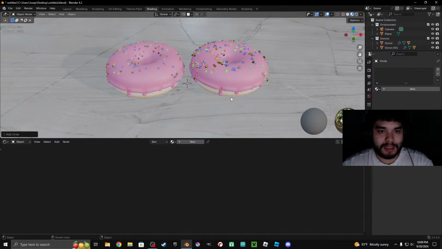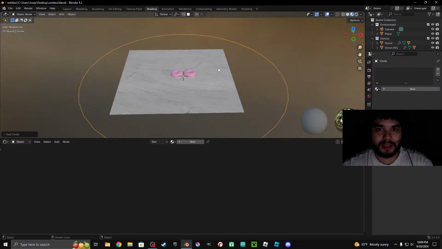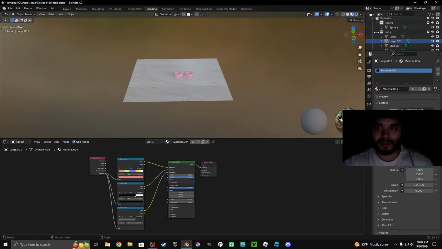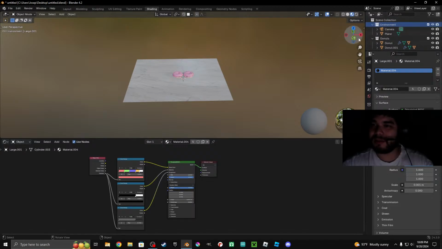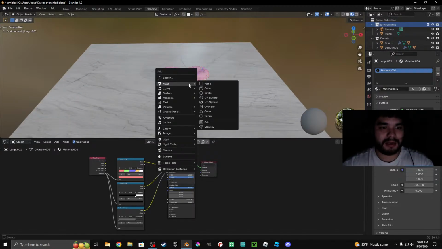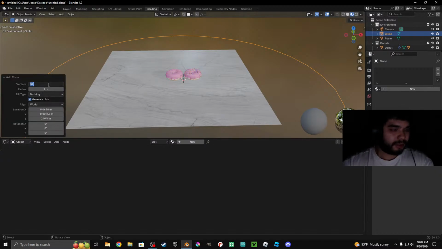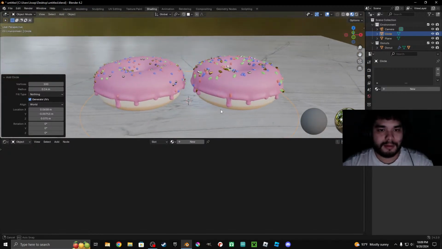So to make the plate, it's a circle, but I don't want to make it on any of these collections, so I'm gonna do Control C to go back and select environment. And I'm gonna make it in the environment actually. So 100 vertices. I'm gonna go not so high res this time. So then 0.14, the size. Okay, tab,